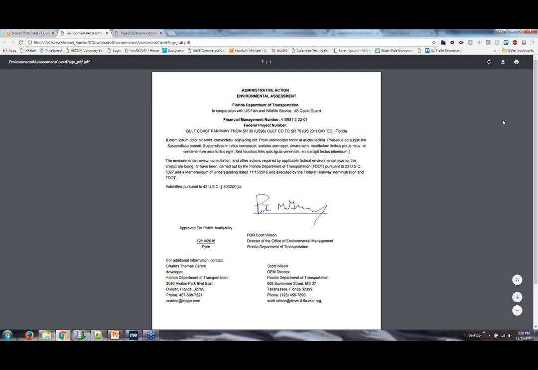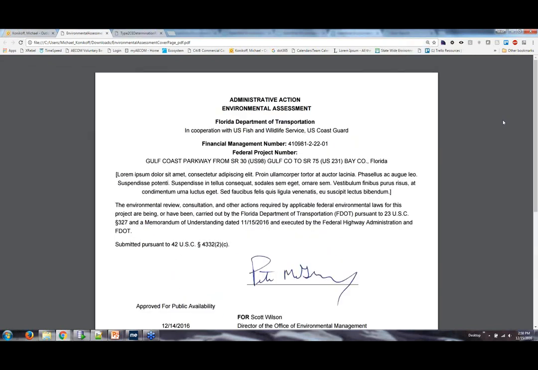While you've got it on that screen, can you zoom in a little bit? And you'll notice above the signature, there's the paragraph now that will be included on all the various cover memos, the cover pages for all of our documents. The date there is when we were testing, but obviously the date in that last line will be reflective of 12/14/2016. For those that are online now, there were a couple Type 1 categorical exclusions that got processed yesterday afternoon,